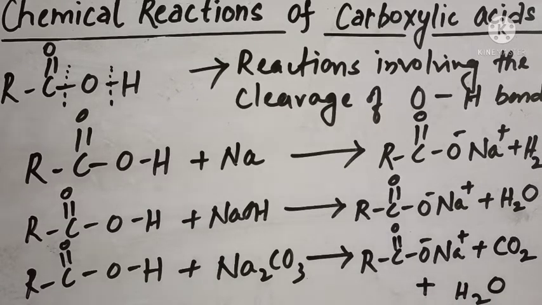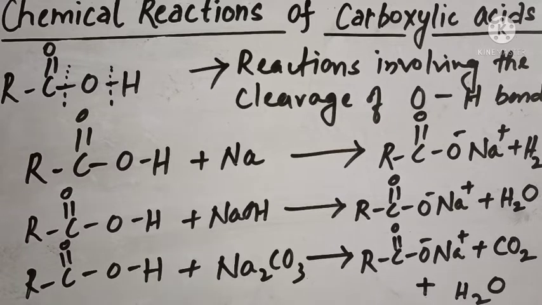This reaction with sodium carbonate or sodium hydrogen carbonate can be used to distinguish the carboxylic acid from phenol, because phenols are less acidic in comparison to the carboxylic acid, so they will not undergo the reaction with sodium carbonate or bicarbonate,